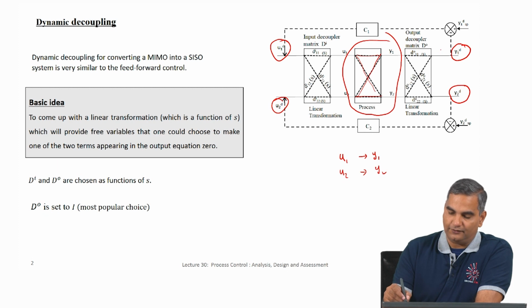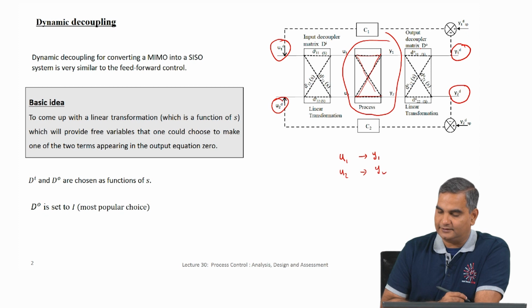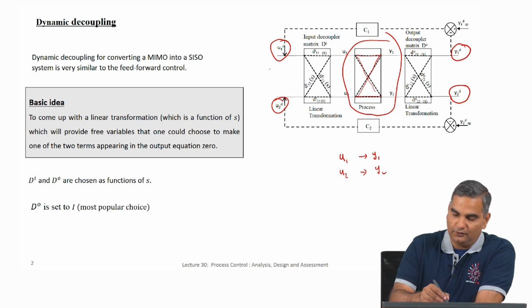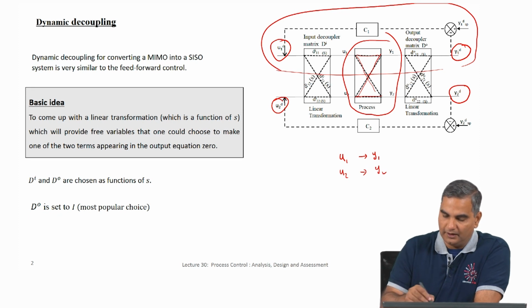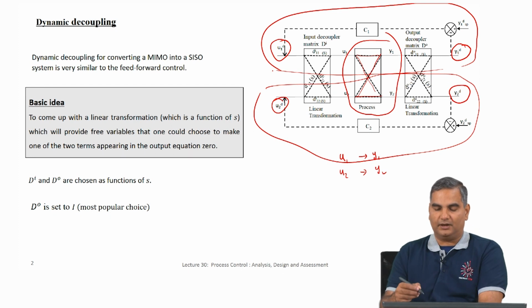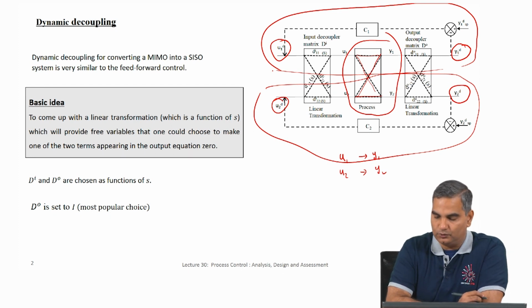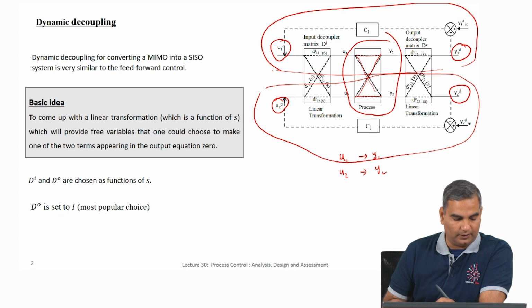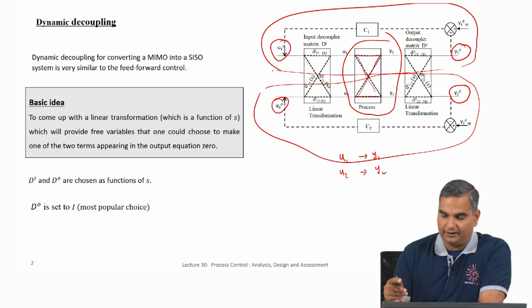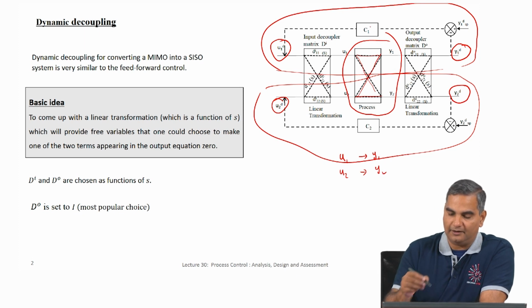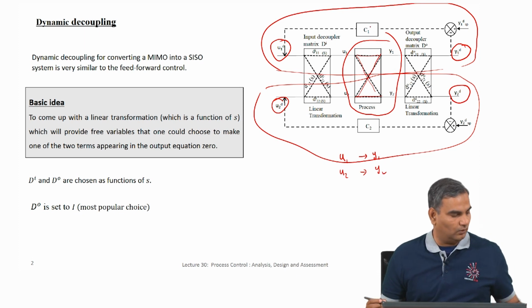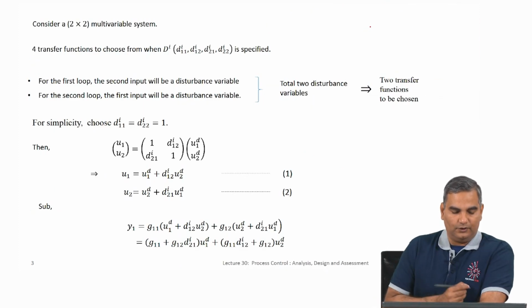If you combine all of this together into, let us say, one process, this will look like a single input single output feedback loop, and this will look like a single input single output feedback loop. So, is there some way in which we can define u1 decoupled, u2 decoupled, y1 decoupled and y2 decoupled in such a way that from the outside it looks like a single input single output controller, so that I design my controller for only this? This is what we are trying to do. So, the way we do this is the following.